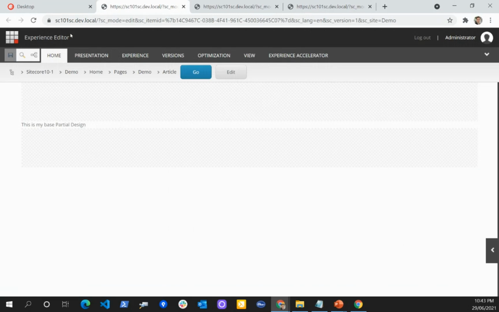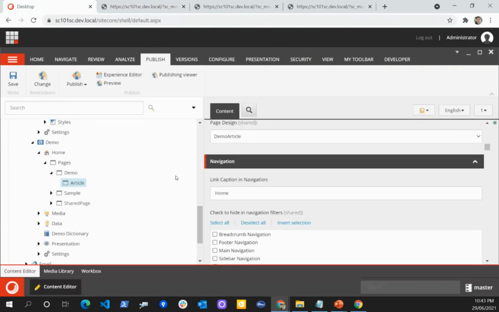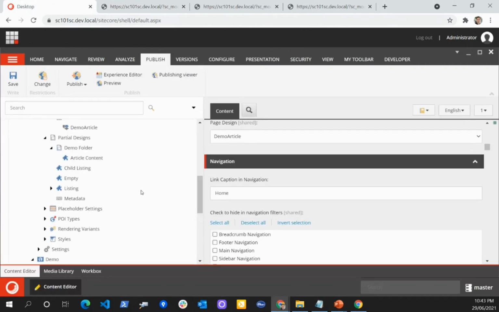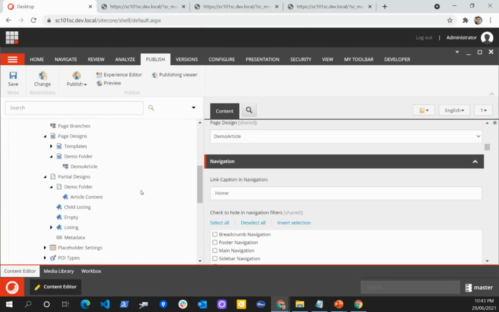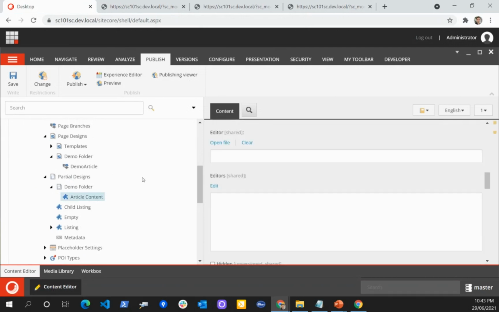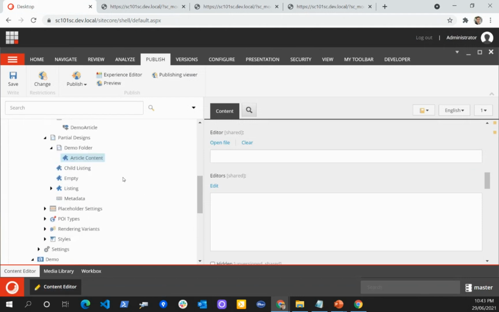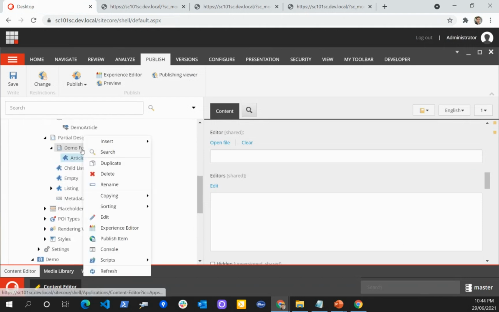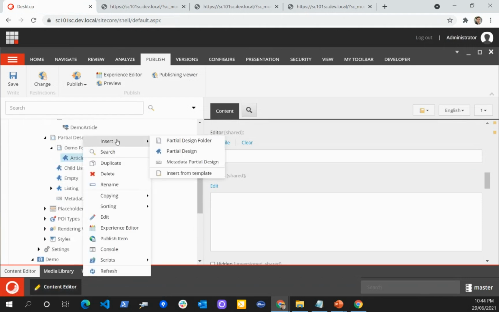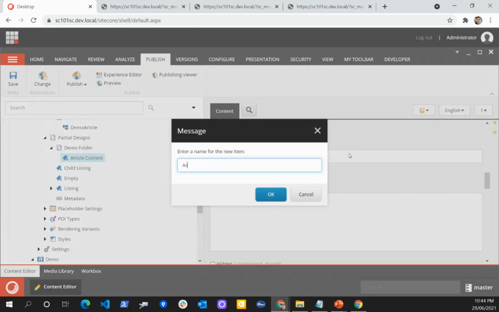Now in future, if I get a requirement that I want to have the article content but also place a few more placeholders, or maybe video content, I can simply create or extend the partial design. I can create a partial design, content extended.